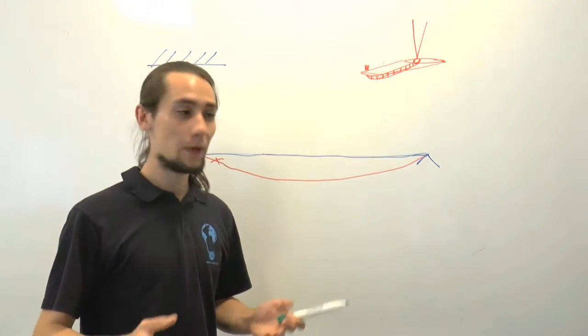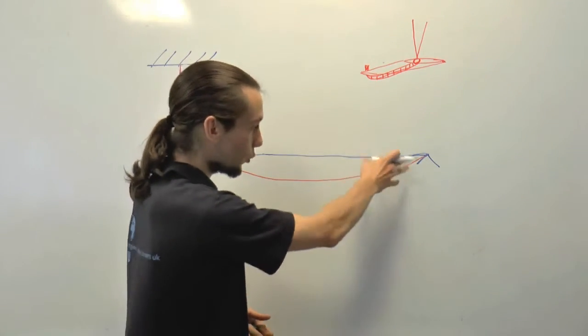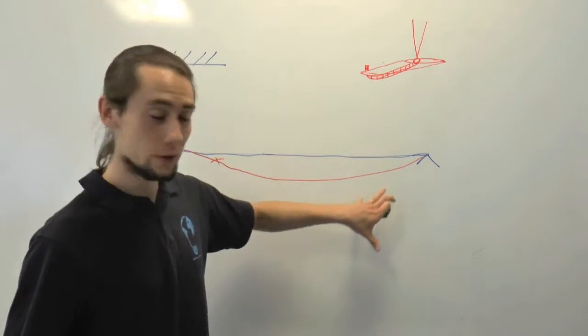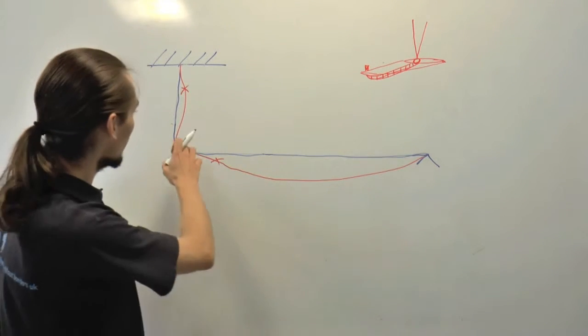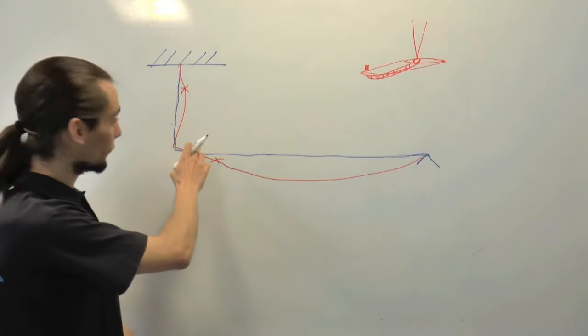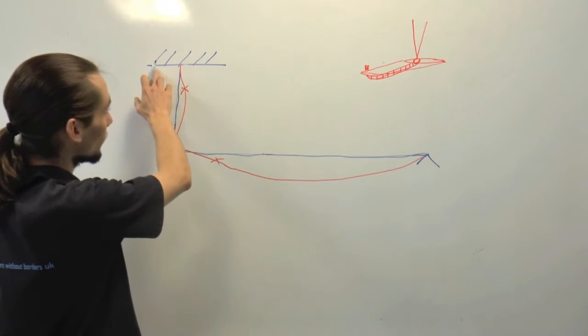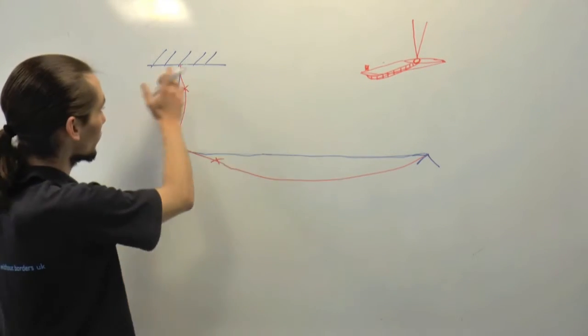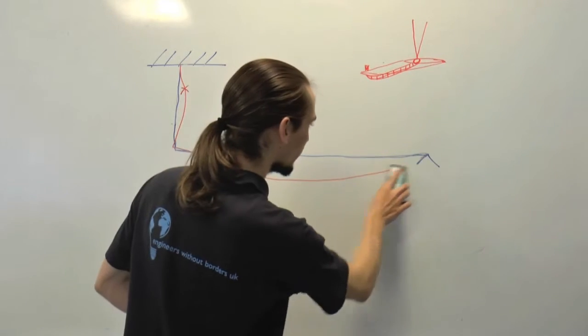When it comes to the bending moment diagram, we're going to start off with sagging at this point because we've got a deflected shape going downwards. We're going to end up with a bit of hogging here, and then the moment is going to transfer around this corner because it's rigid, and we're going to end up with a moment up here which is hogging in this direction. Let's get rid of this red line for deflected shape,